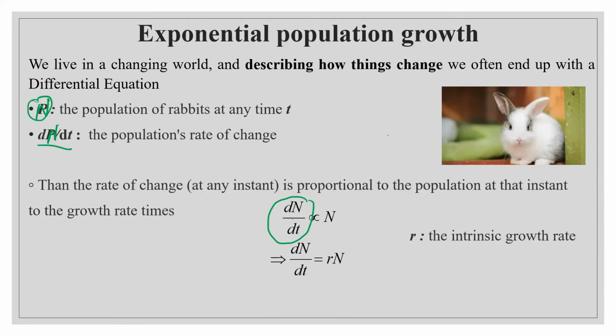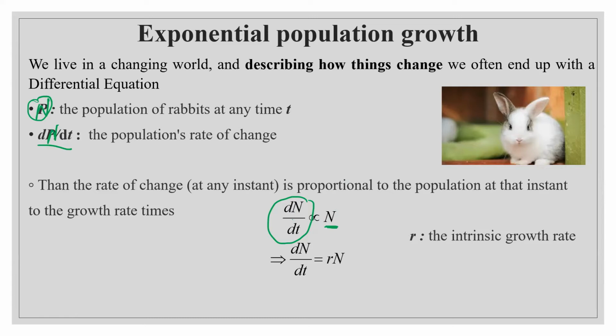That means that if I have like 100 individuals, the population growth will depend on those 100 individuals, right? This is logical also, because they will reproduce and produce more species, and then more and more. So it was logical to consider that the rate of change is proportional to the number of the population present